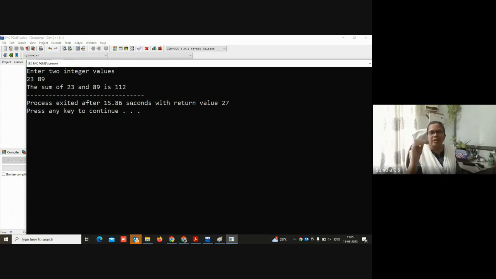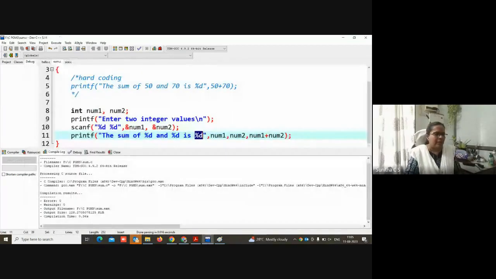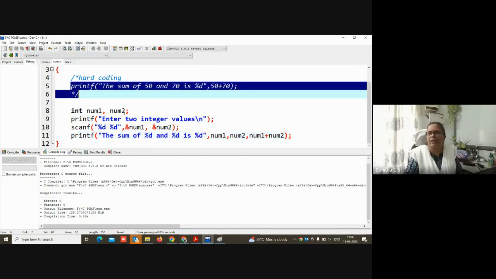So the memory locations are allocated for num1 and num2, the values are taken from the user, saved in the particular area, and used for the arithmetic operation plus. Any doubts? Instead of hard coding, right now we have used variables, because otherwise every time you need to edit the program.